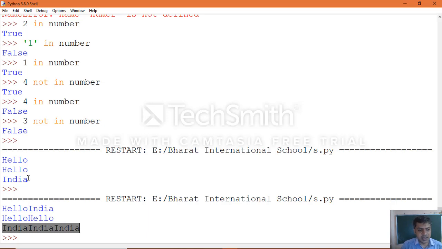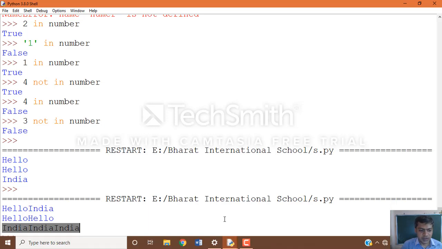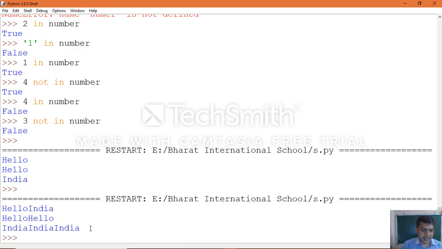Earlier we executed using the same variable over there. Interactive mode directly executes, that's why you get the output. But when it comes to script mode, you must be more careful to execute.